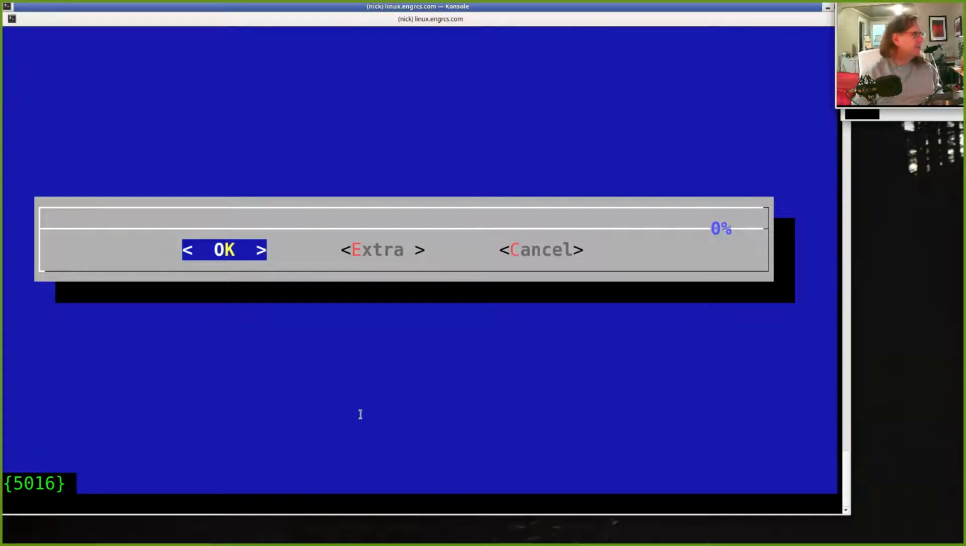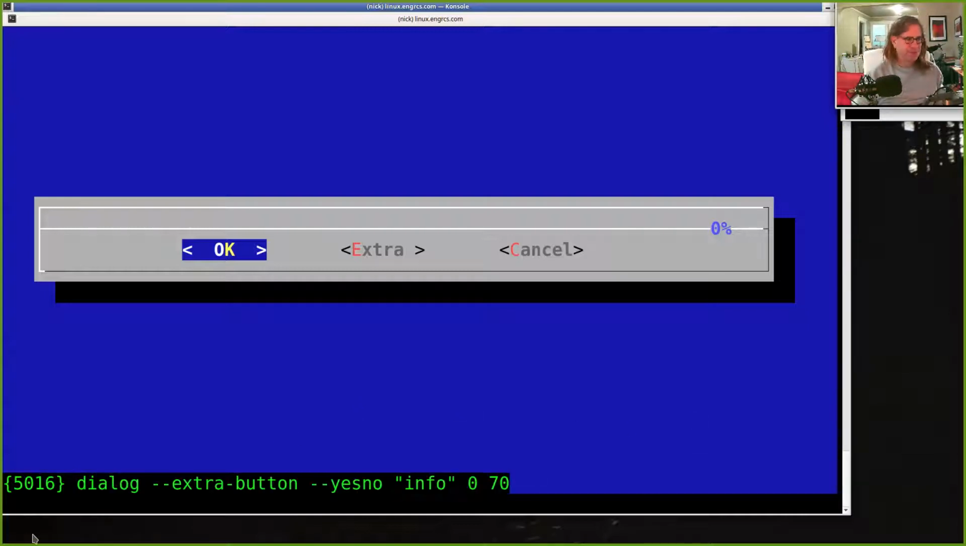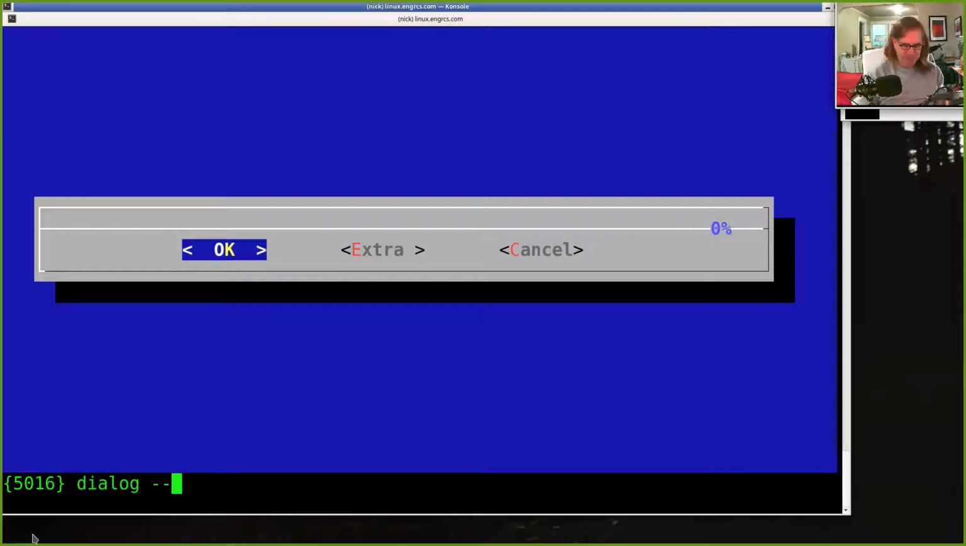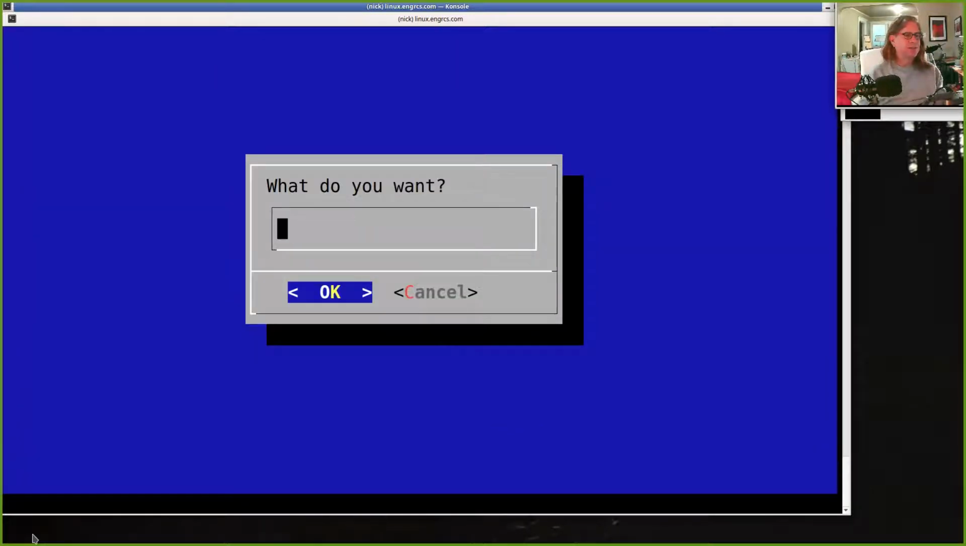All right, and then there's also these options where you can get information from the user. So for example, an input box. So let's say input box. So you can display a title and leave the person with an area to type. Right, and the output of this command is